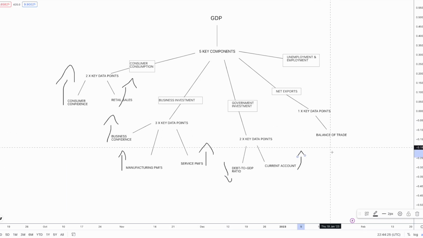And from here, of course, the currency starts to strengthen because investors notice consumers are spending due to their confidence being high and retail sales reflecting this. Businesses are confident and the manufacturing PMIs and service PMIs represent this as we are in expansionary phases in the sector. Debt to GDP ratio starts to drop whilst the current account picks up and the currency starts to strengthen,